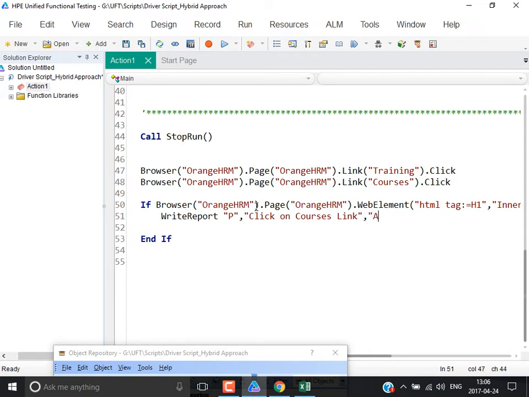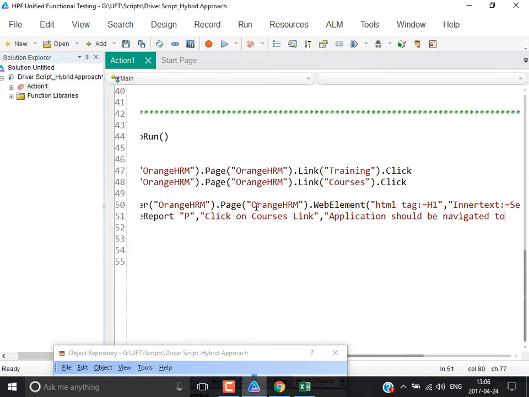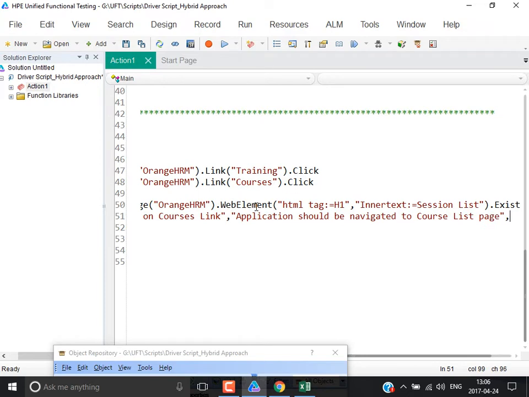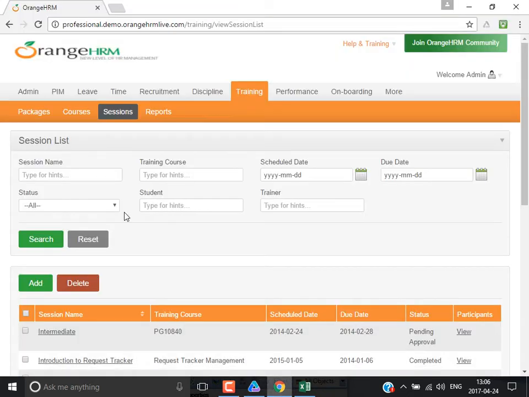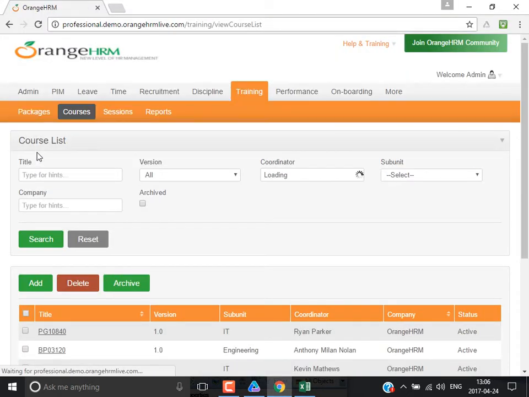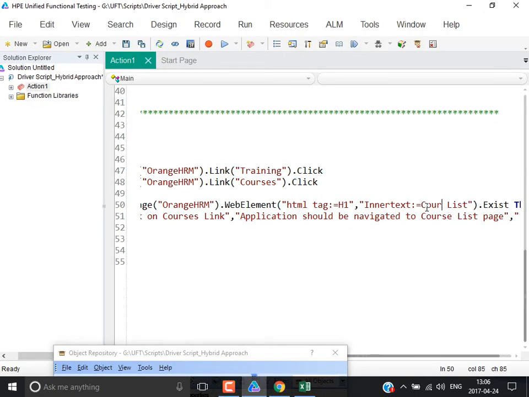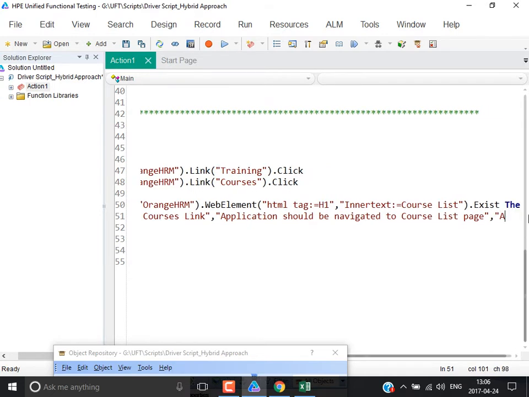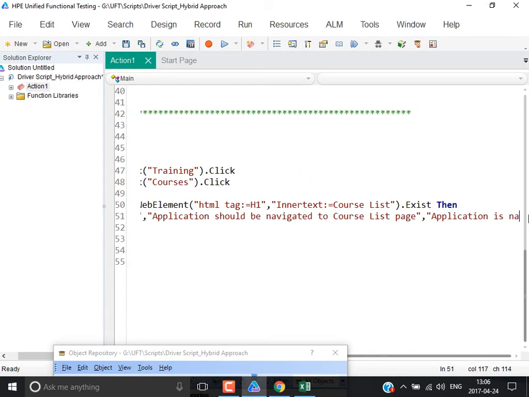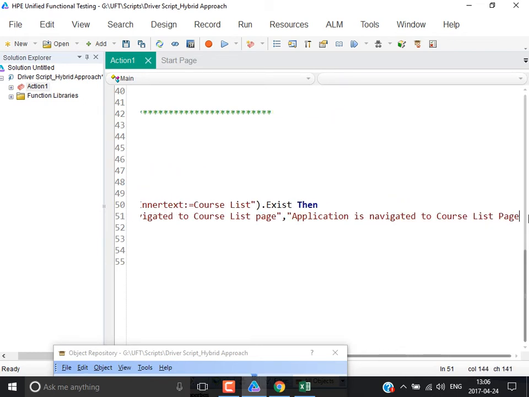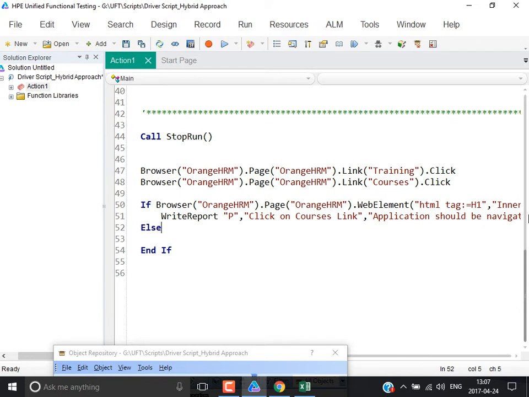Expected result is application should be navigated to course list page. But wait, the validation is wrong. Course list. Application is navigated to course list page. Else